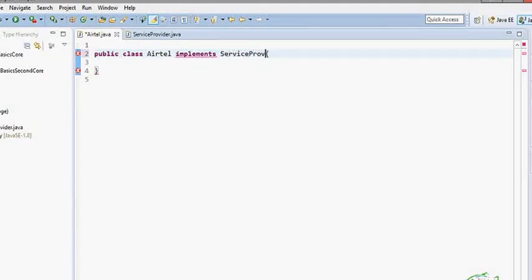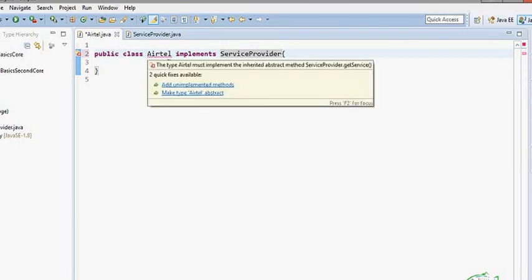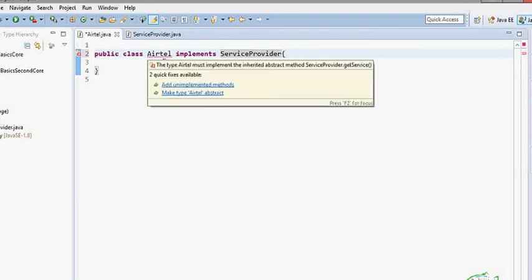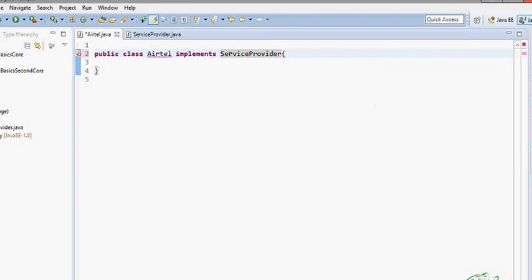What do we mean by that? We mean that Airtel is a service provider, because in Java or any object oriented programming language, the superclasses and subclasses or the interfaces have a relationship of is-a. So therefore Airtel is a service provider.